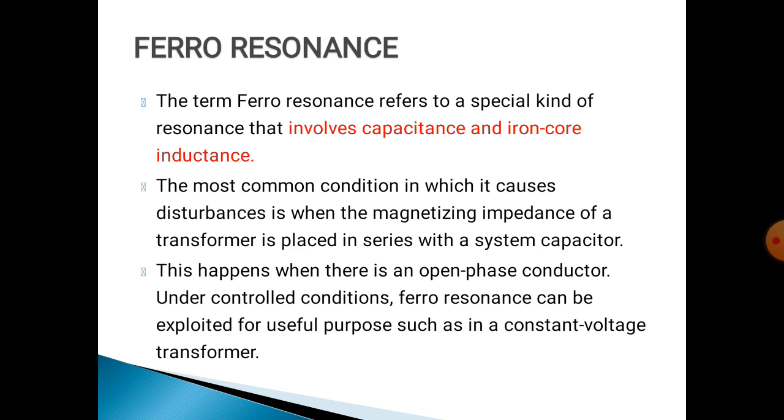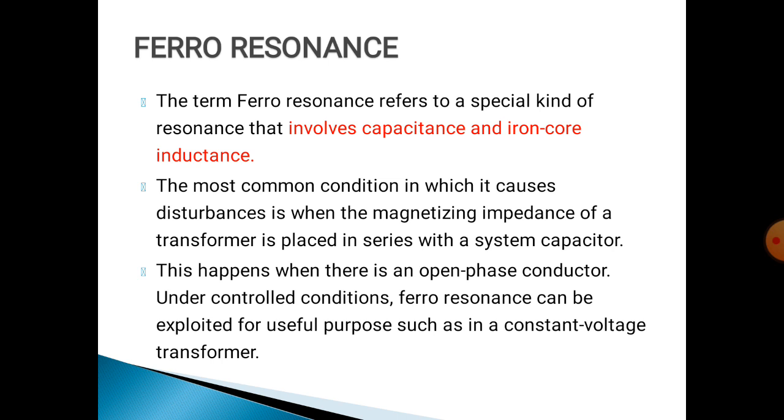Now we have considered current as a reference. The voltage across the inductor leads the current in phase by 90 degrees, and the capacitance voltage lags the current by the same amount. So what is meant by ferroresonance? Ferroresonance is when both VL and VC far exceed the total voltage V.